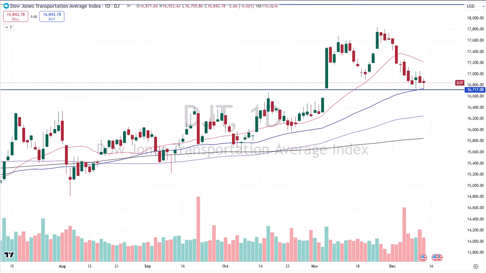Now, what about the folks down at the transportation department? Check these dudes out. You've got them spiking through and ripping it back up in the other direction from a number that's been on the board for days and days and days, 16,717. They finish flat on the day, down $2.66. That's a rounding error. That's flat-ish. And they hit that number and spiked it.